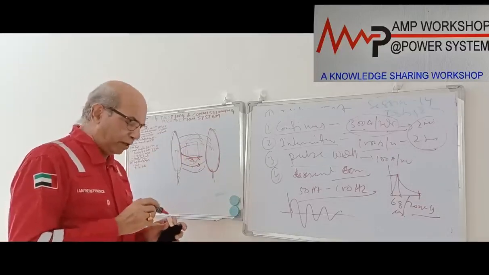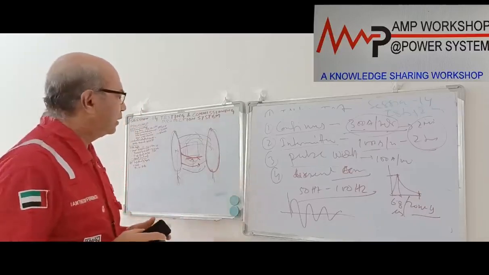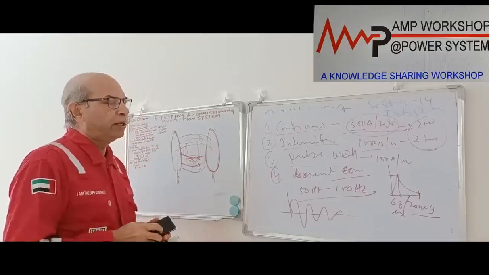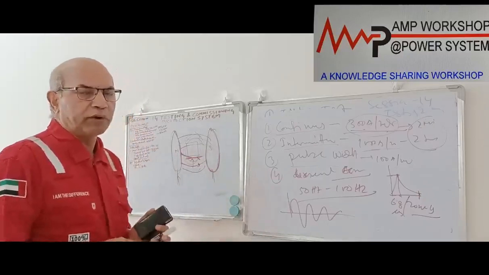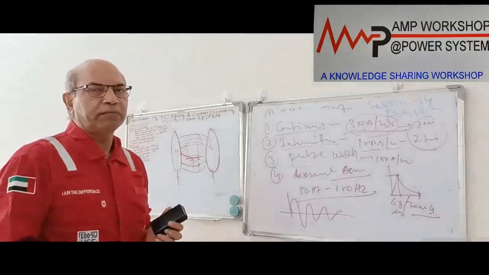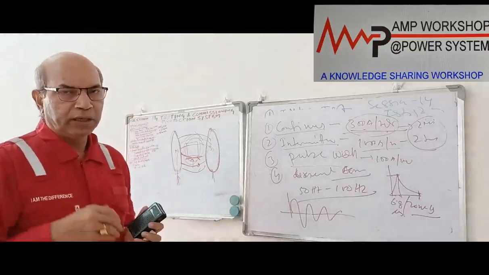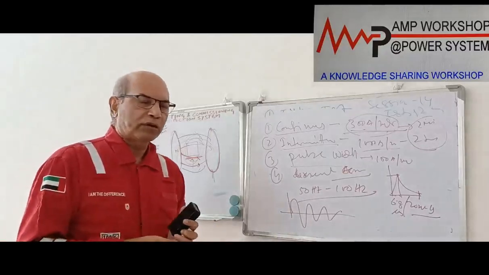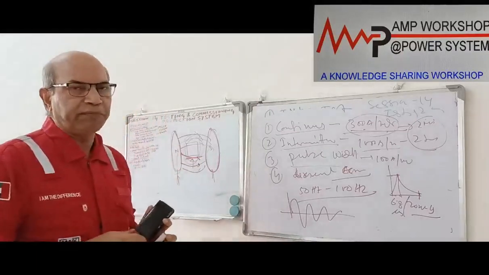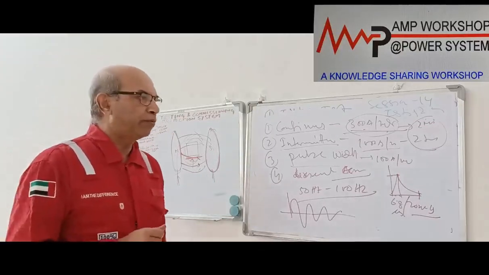So I think we have already completed 45 minutes. I think we cannot continue further today. So this is the only electromagnetic compatibility type test we can do today, and the rest of the type tests, that is your voltage test, then your environmental test, then your software test, we have to include in the second part. So maybe it will be 3 parts. This testing and commissioning will be concluded in 3 parts, not in 2 parts.